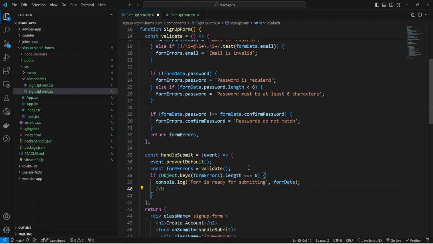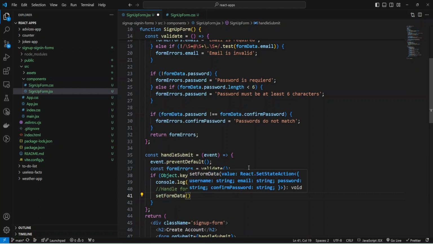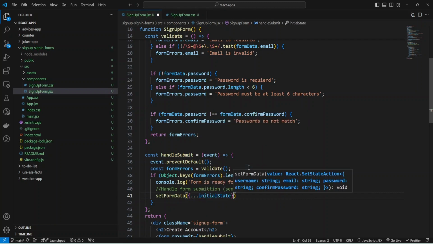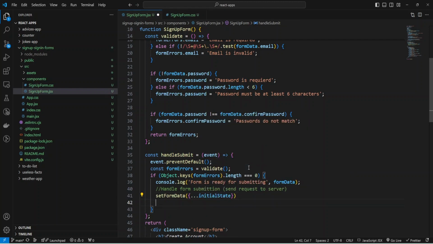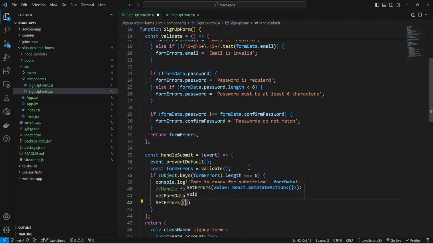I will just provide a comment, handle form submission, send request to server, and after submission you can set formData to the initial state. Just copy initialState object, and also set errors to an empty object.